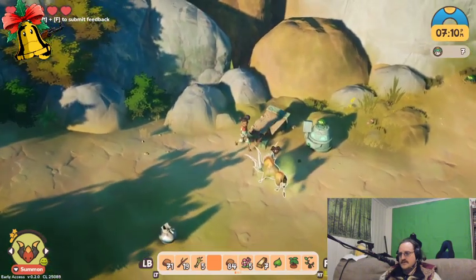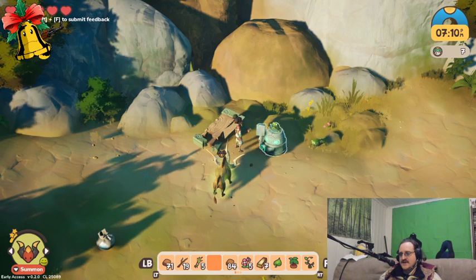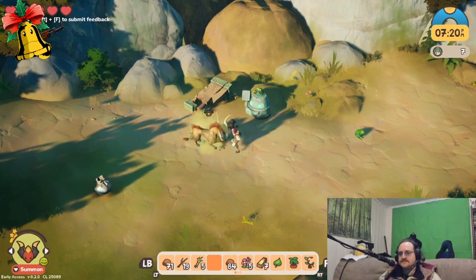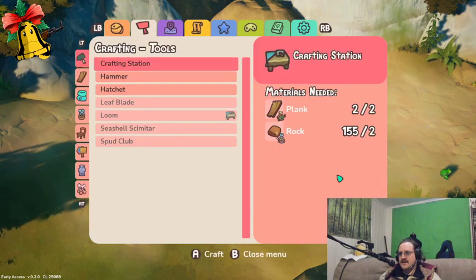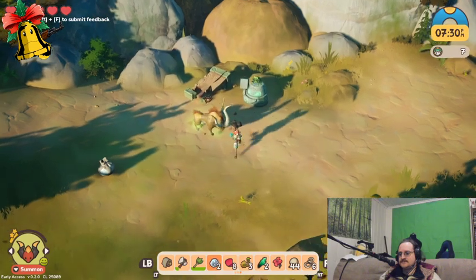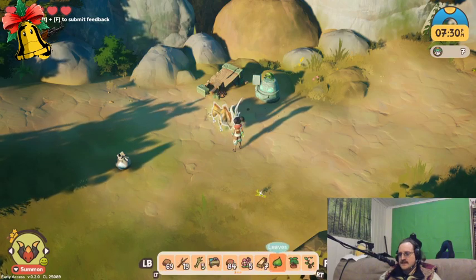Alright, so luckily I can place things on the ground, because my inventory is a bit full. So, go into the menu. I'm gonna craft a crafting station. See, I am still a bit...